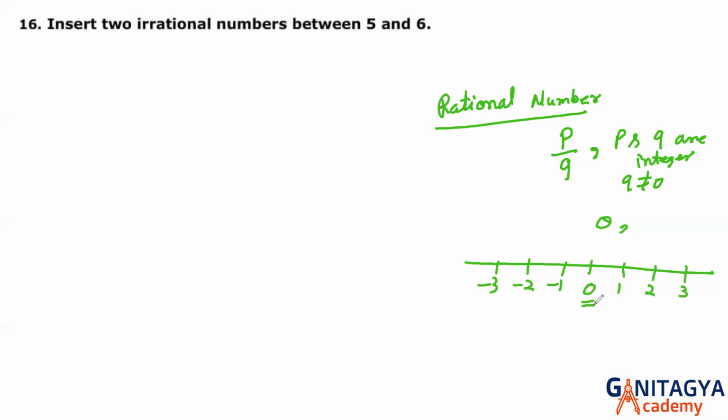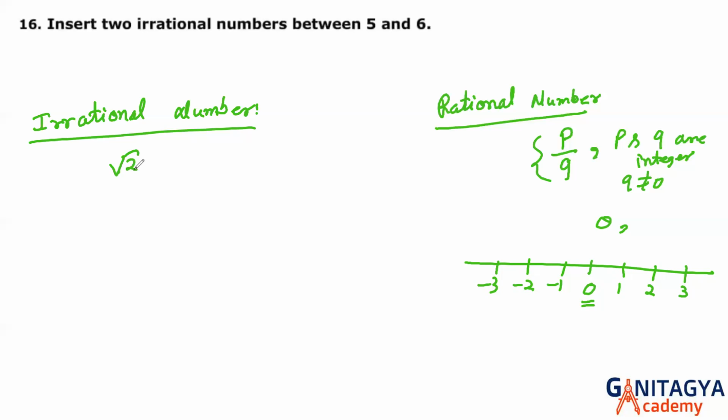And 0 is also a rational number. This question might be asked, है ना? 0 is also a rational number. So all numbers on the number line which are integers, if p and q are there, then it is a rational number. Similarly, an irrational number is a number which cannot be represented in p upon q form, like under root 2, pi, under root 3, and 2 plus under root 3. So these are the irrational numbers.